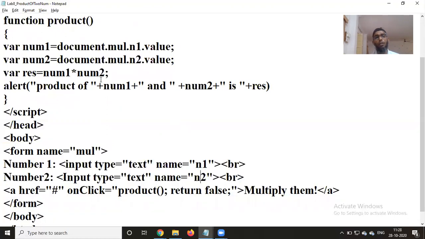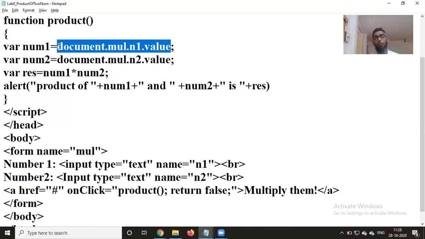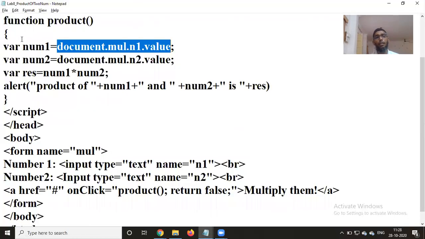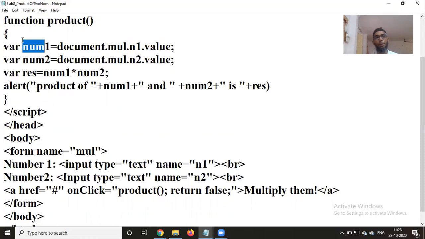So that N1 is actually used here. I'm saying in this document, you have a form called MUL, and in that you have a text box N1, and what is the value which is given in the text box? That value, 25, is taken and stored in num1.